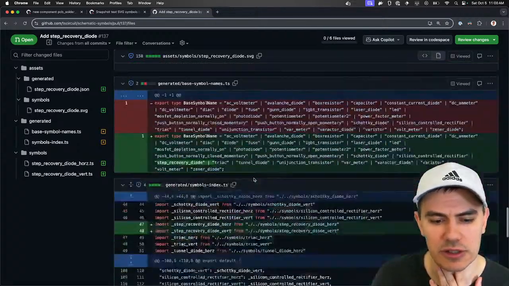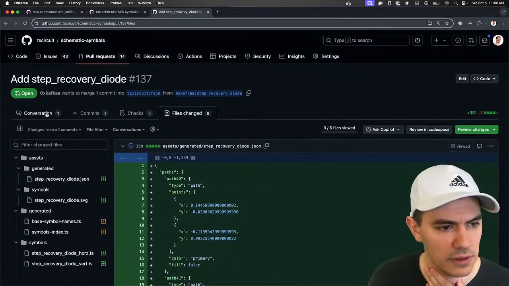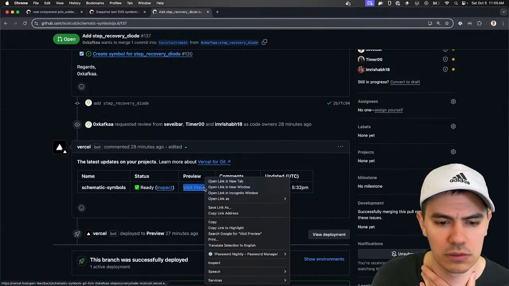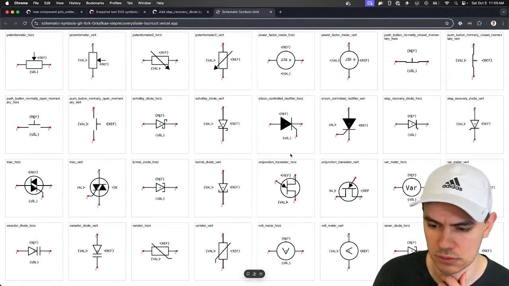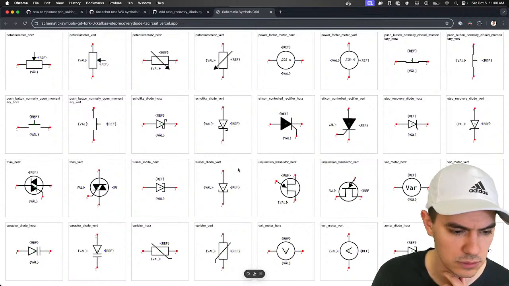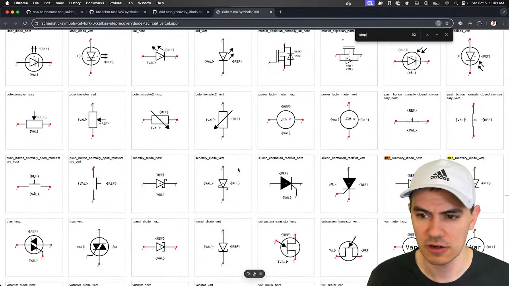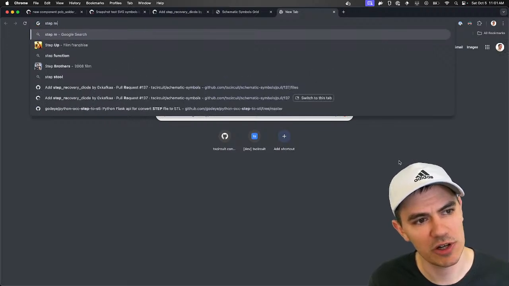Step recovery. Okay. Let's see. Step recovery. Why don't I see it? Step recovery. I have never heard of this. Step recovery diode.